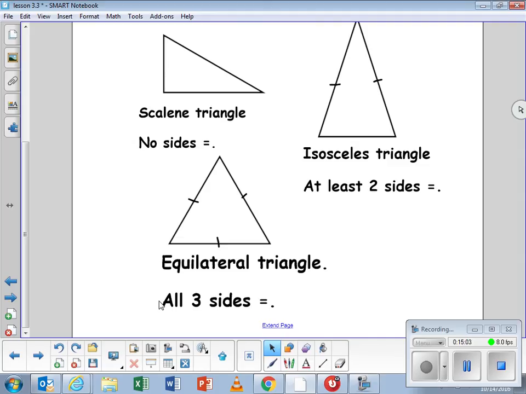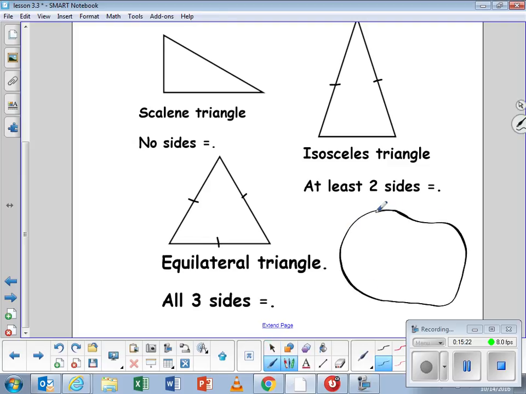Listen, I know it is hard to comprehend sometimes when things like this appear to be contradictory, okay? They aren't contradictory, okay? If this circle represents all triangles in the world, okay? It represents all triangles in the world. Over here we have